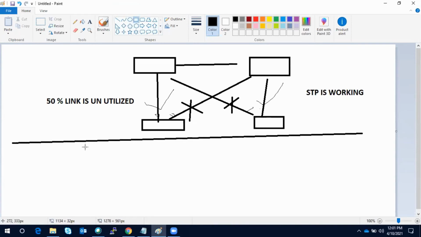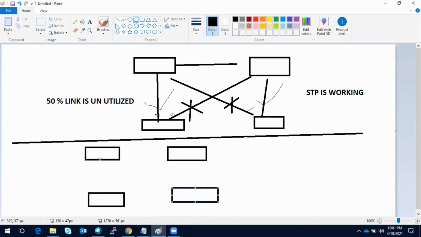So in my ACI, which is my leaf and spine architecture, the first thing is that the leaf will connect to the spine and the spine will connect to the leaf; no leaf will connect to each other, and no spine will connect to each other. We'll talk more on the topology part, but right now I'm bringing out the difference, so bear with me.